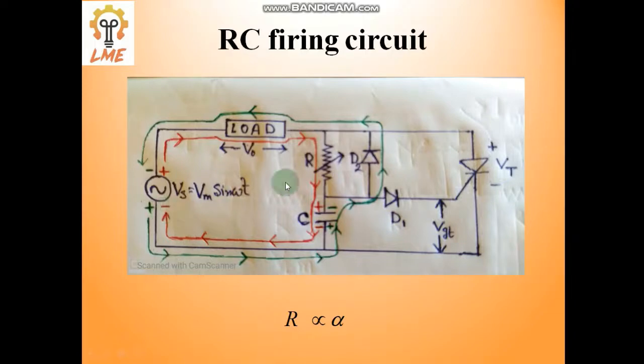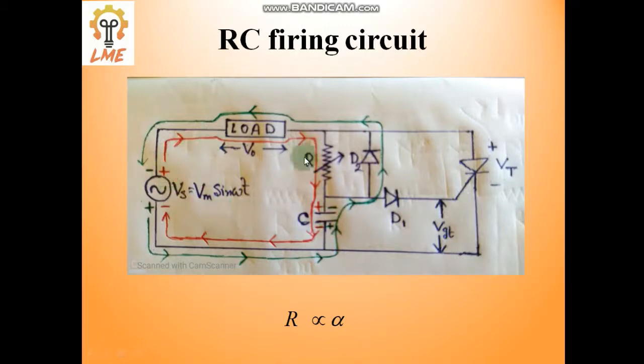So it goes through the load, then through this resistance across this capacitor, and falls back to the supply. Now what will happen? After the negative, when the positive half cycle comes, what will happen? The capacitor discharges from upper plate negative, lower plate positive, to upper plate positive and lower plate negative. So it is changing its polarity from here to here.